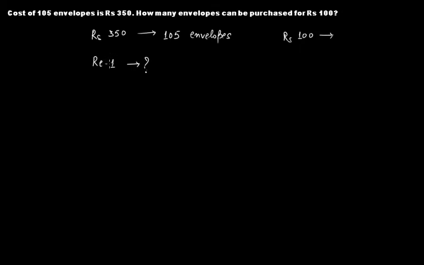Then if we have the information for rupee 1, we can calculate for rupees 100 by simply multiplying with 100. So in rupee 1 we can purchase